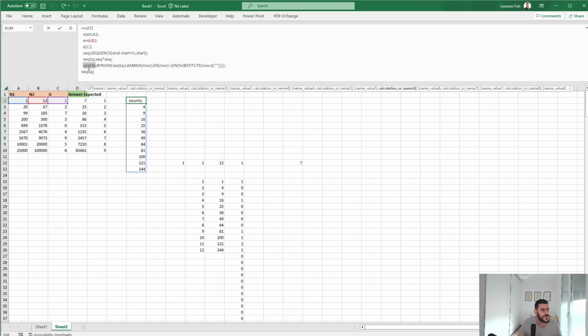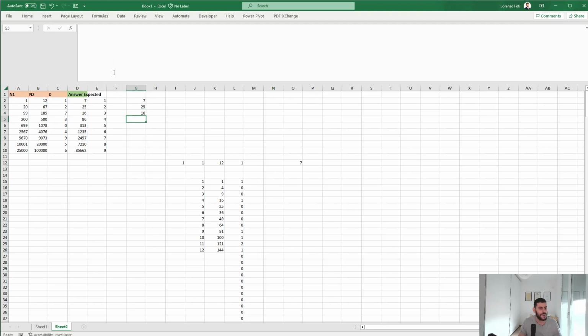And so counts will be... okay. Yeah, this was significantly easier to do with an array formula. So okay, let's go with the next one,